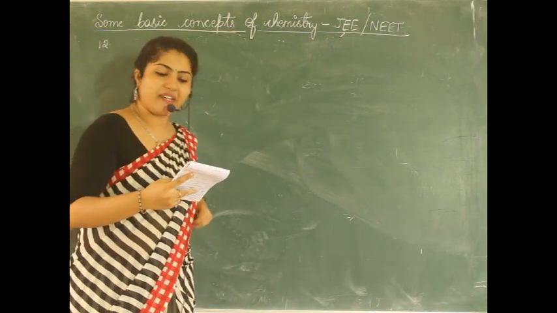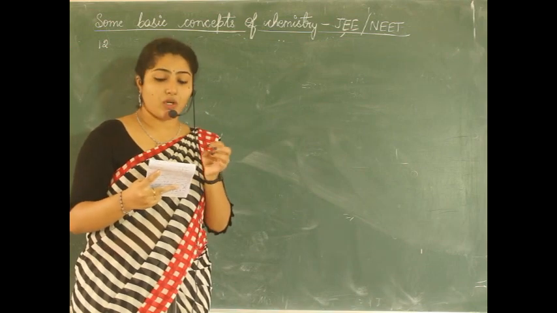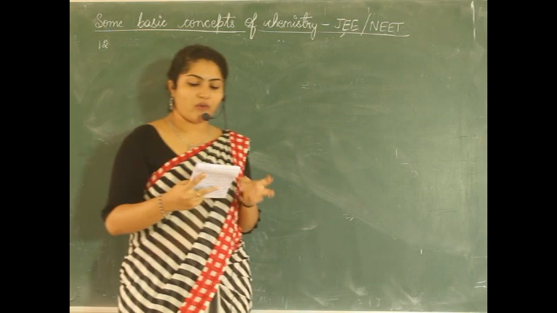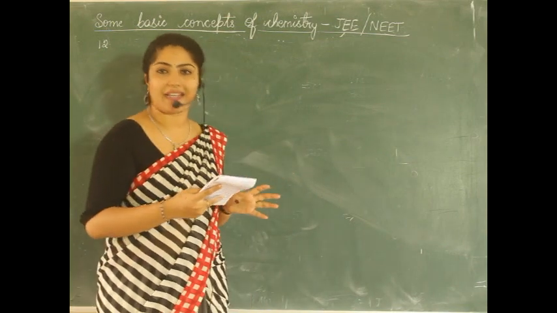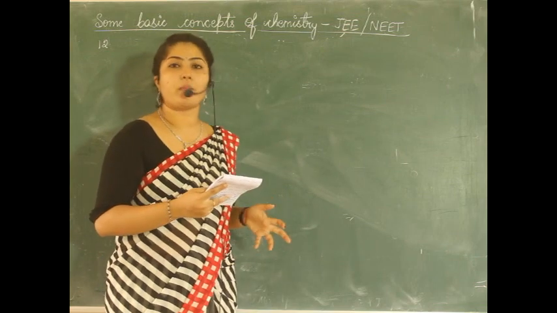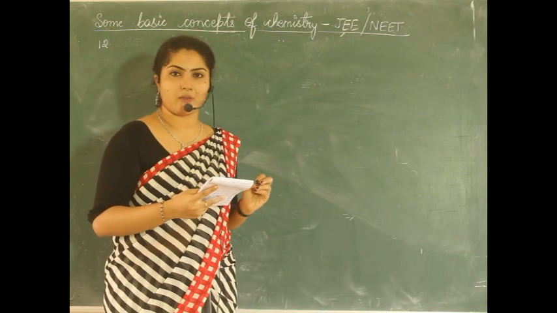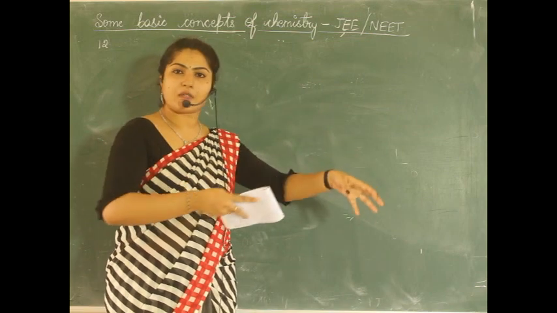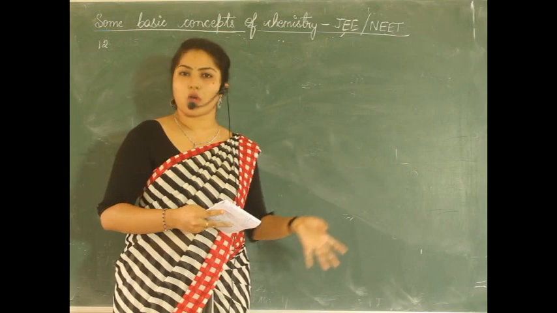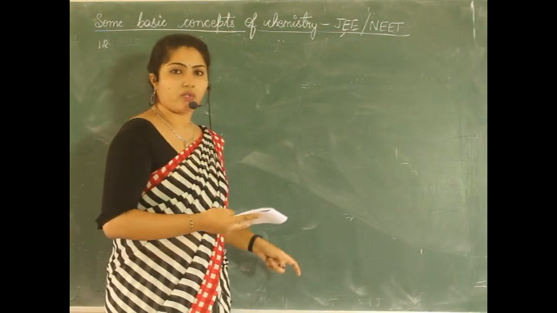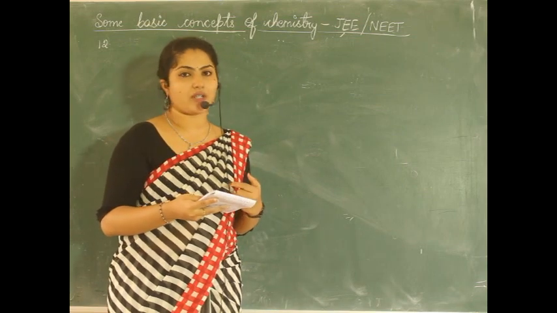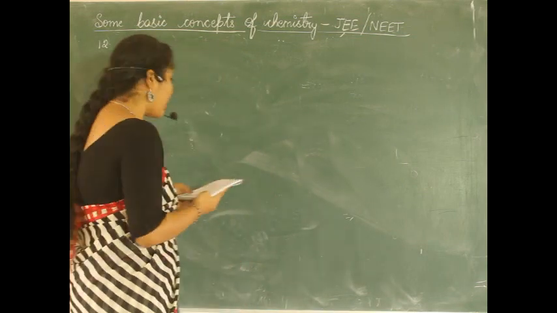For per gram of reactant, the maximum quantity of nitrogen gas is produced in which of the following thermal decomposition reactions? So what they have asked is, they have given you different decomposition reactions. Decomposition means breaking of species. A compound will be broken into different elements or molecules. In those decomposition reactions, you have to find in which the maximum amount of nitrogen is produced. That's what you have to check out.